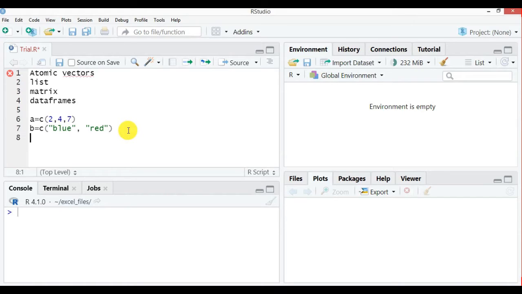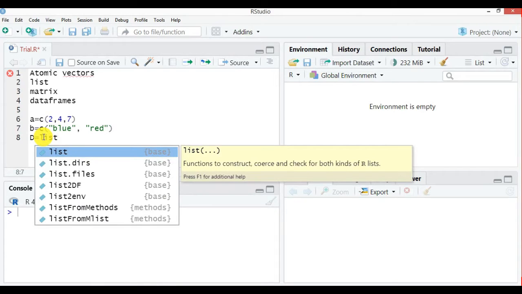So in case you want to save values like 2 and blue, where one is a number and one is a character, in that case we go for our second option, that is list. If you want to save anything which has different types of values, to avoid confusion I will take a variable D equal to, now the keyword that we have to use is list.